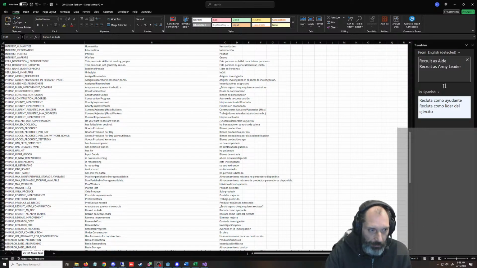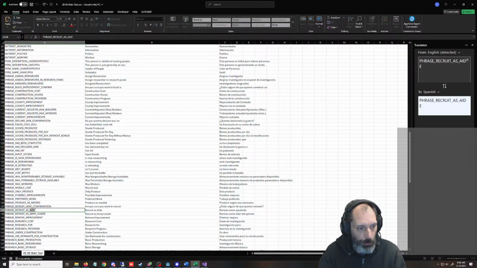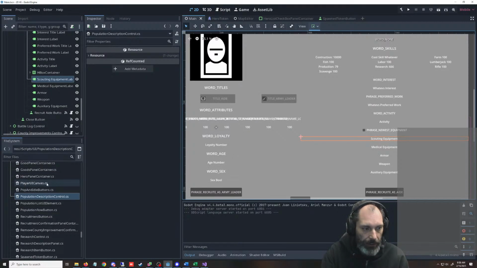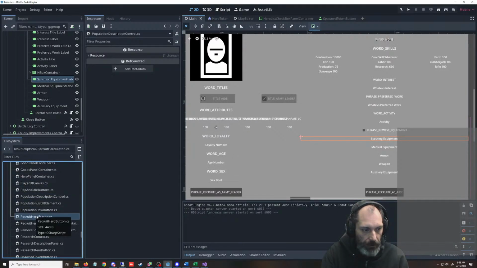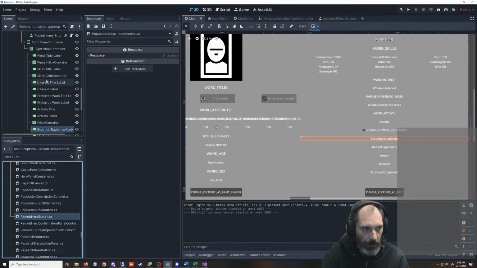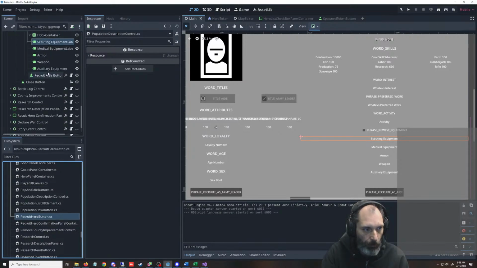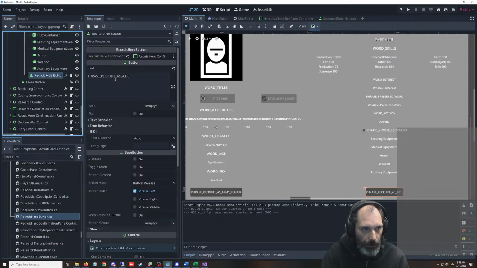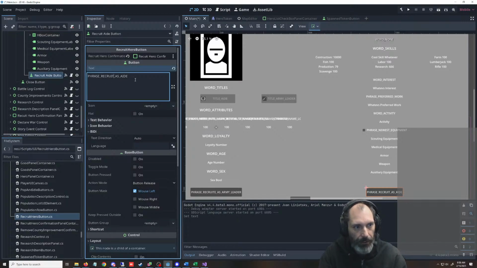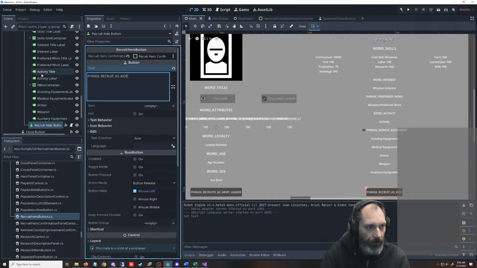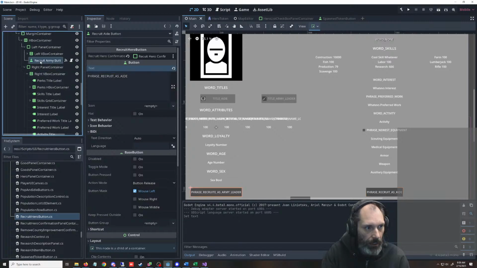All right, so we fixed that, but we didn't fix that because we need to update these buttons with the correct phrase now because they're different. So we'll double click this and we'll go over here. Luckily, it's on this same thing, except I'm clicking on the wrong stuff. So we need to find the buttons. Here's one. I don't know which. I guess I can just take this E off there. There we go. And then there's the recruit army button.